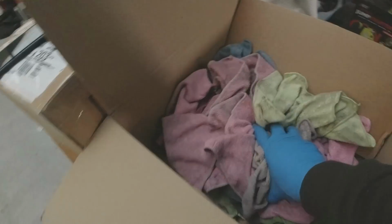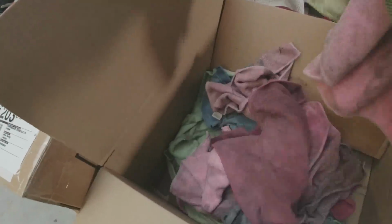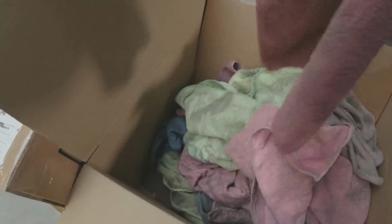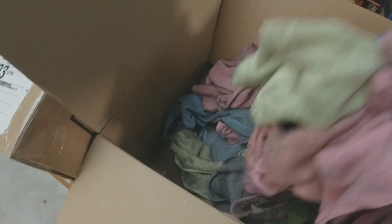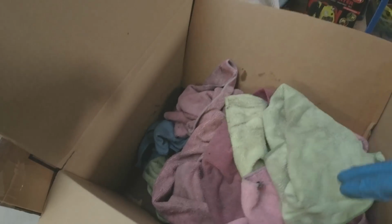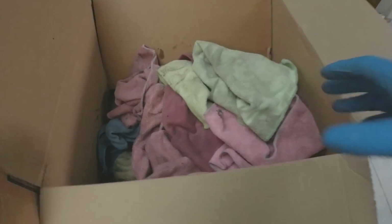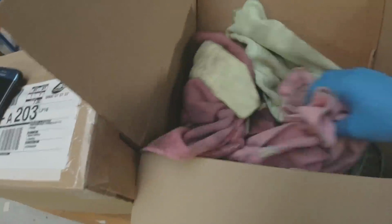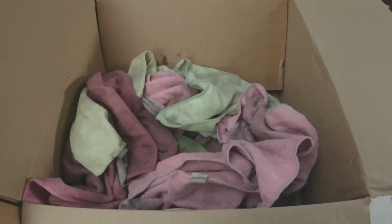That's how many cloths I've gone through cleaning the interior of the car, guys. That's how many microfibers I've gone through, because obviously each microfiber has to be used to draw the dirt out. If I use the same one again, I'll just put the dirt back in again. So I've got to draw the dirt out, give it another clean, then put it on. Each seat's taken 3 cleans to do. So perhaps something like that Bizzle steam cleaner is a good move, because my wife's getting fed up washing all these cloths. So I didn't get away scot-free with the repair on the Audi A1 for the injector, because the